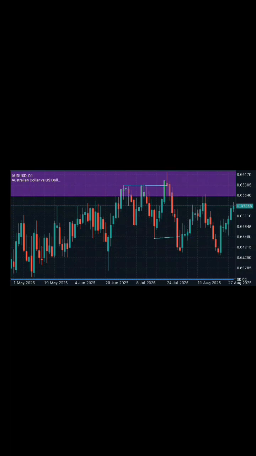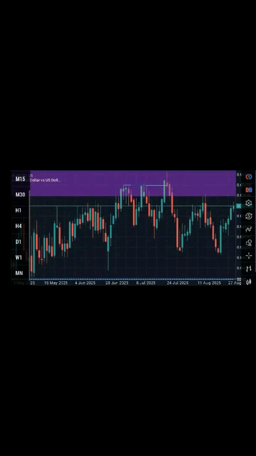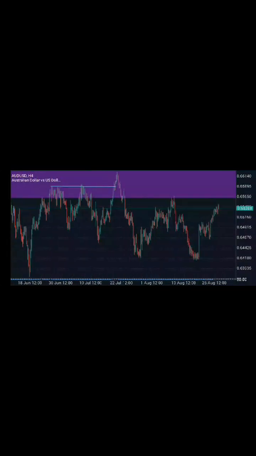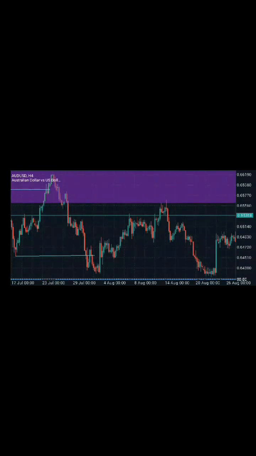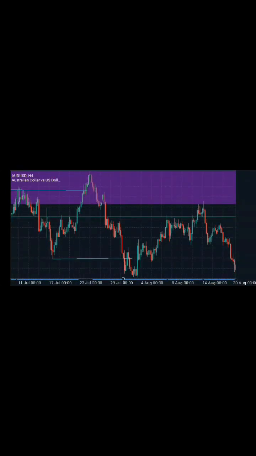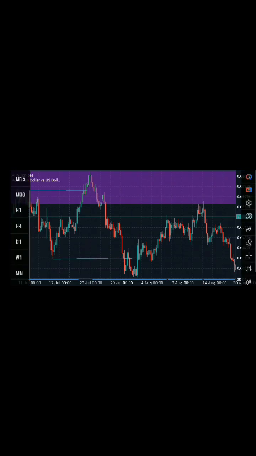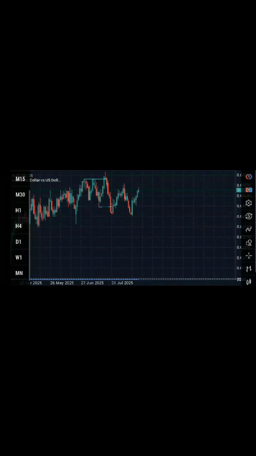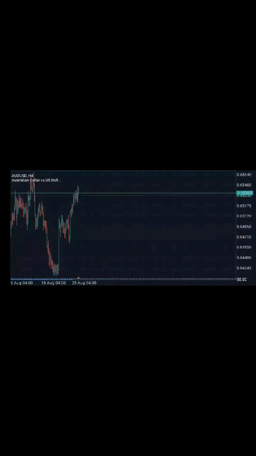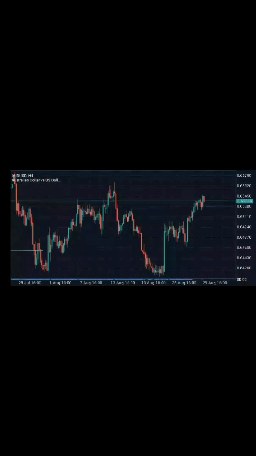So let me mark the break of structure to the downside on the 4-hour time frame. We can see we have this break of structure to the downside. Let me delete these so that my charts cannot look dirty. I normally love working on a clean chart. So let me go to the 4-hour time frame. We had that break of structure to the downside,